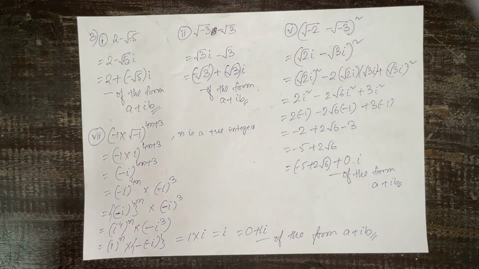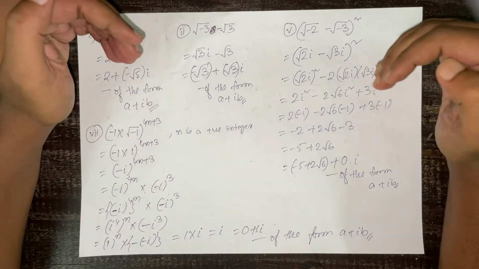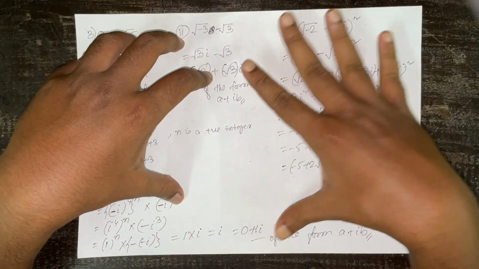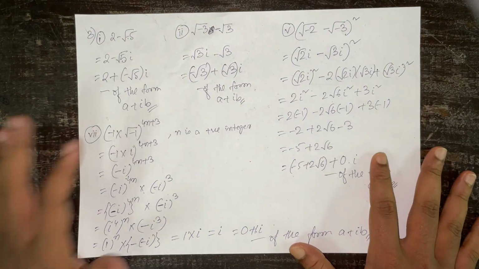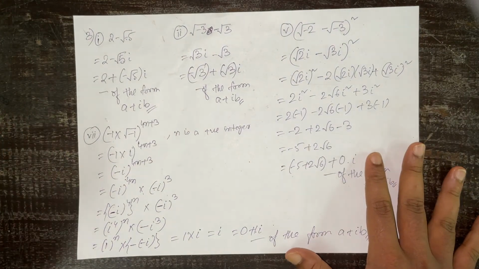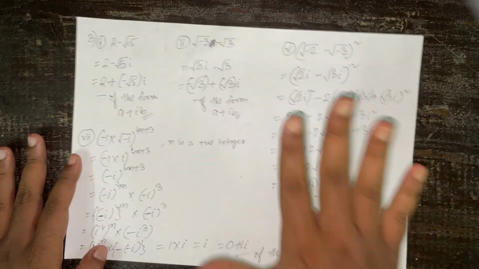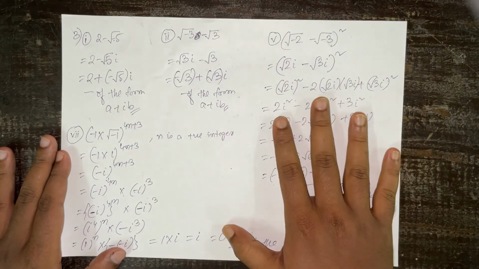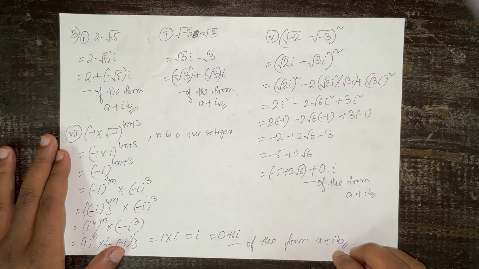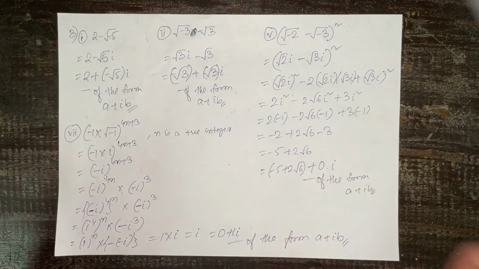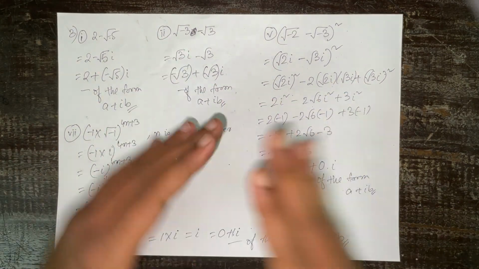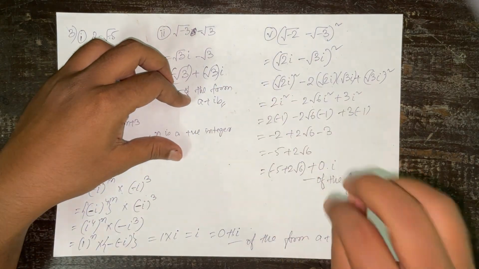So you try this out. The sums which I have not done are for you to do as homework. So try this out by yourself. Also, I would ask you to try and do question number 4, which I have not yet started. Try question number 4 by yourself. Then when we come on to question number 4, you can check it out and see if you have done it correctly or not. Okay, so give it a try at question number 4. I hope you will be able to do it.